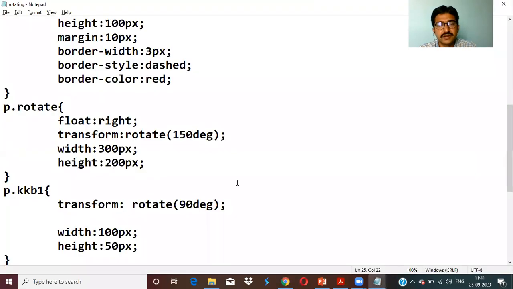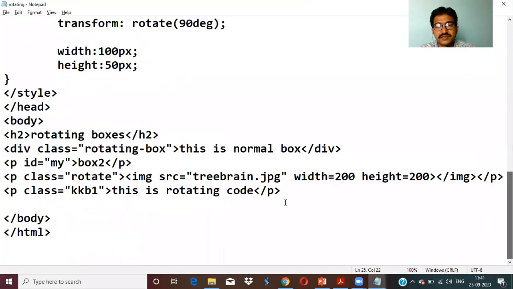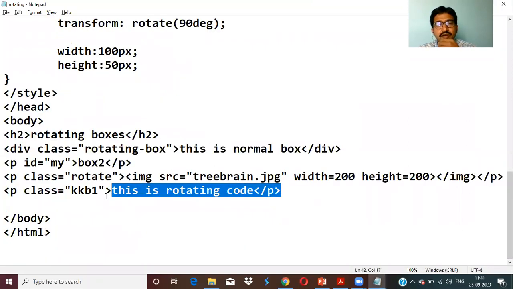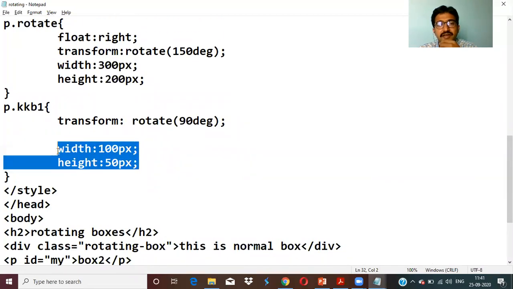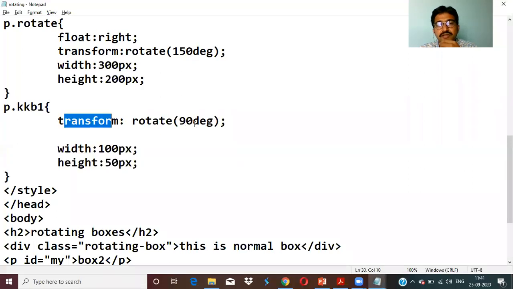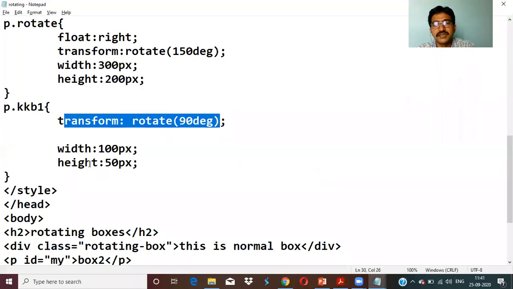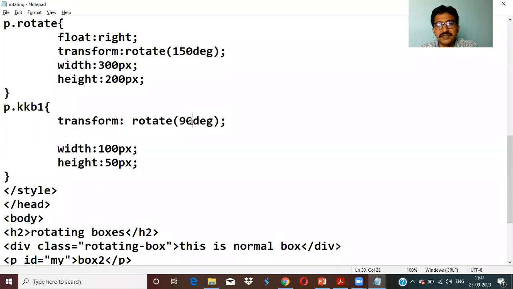Okay. Now the last line of this one is a rotating code. I am using a class called KKB1. In this KKB1, there is width and height, and there is no floating, just a transform of 90 degrees. So transform rotate is 90 degrees.